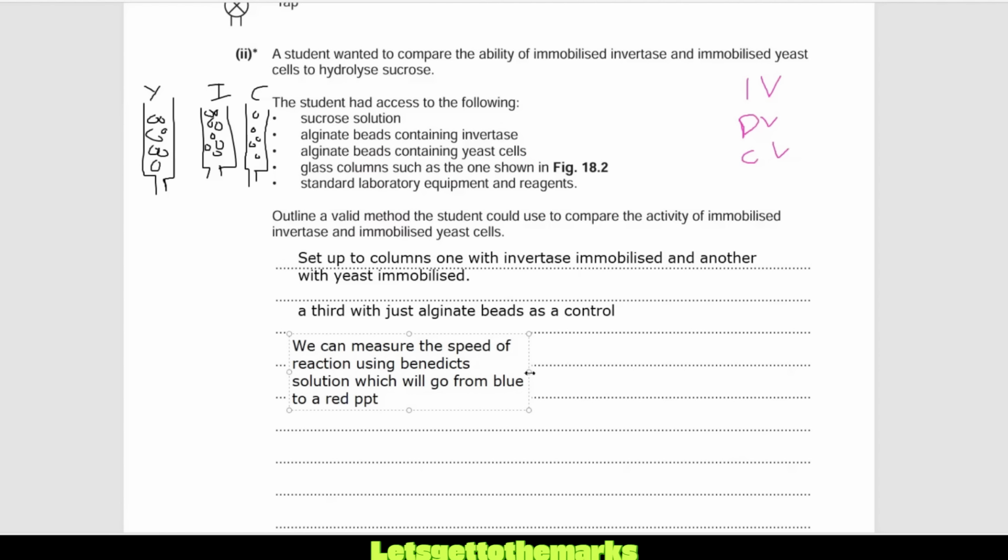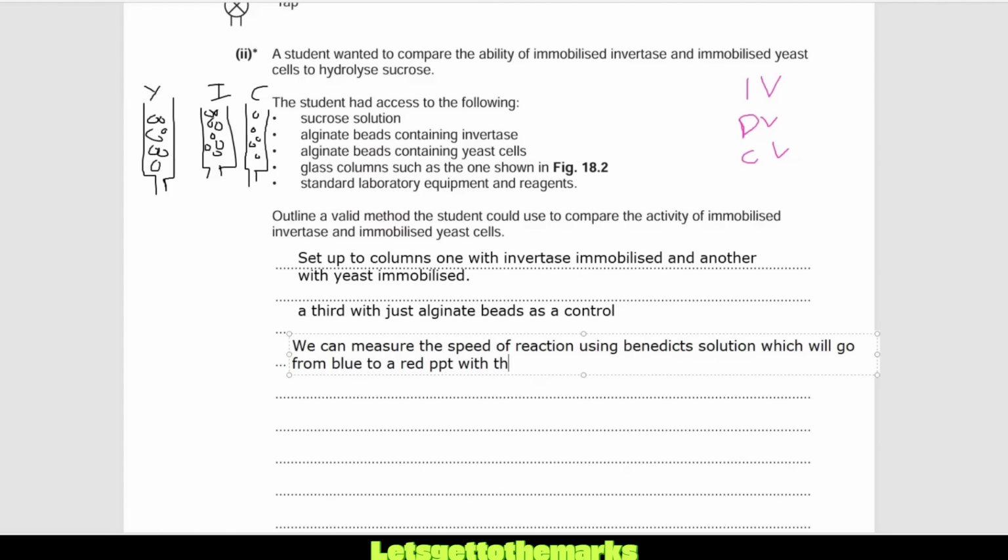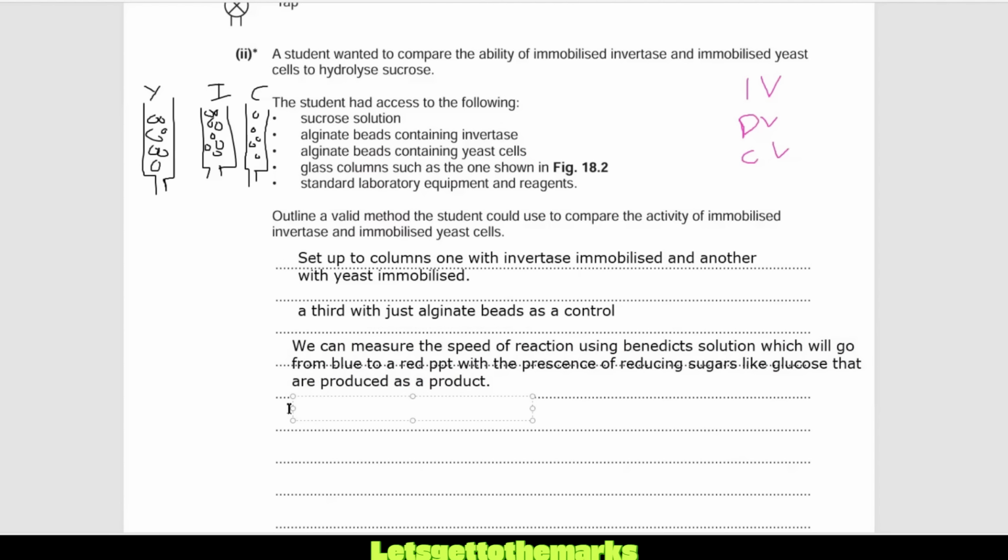With the presence of glucose, or with the presence of simple sugars, with the presence of reducing sugars like glucose that are produced as a product. So we can essentially measure the amount of glucose produced as a product when the sucrose is broken down by using Benedict's solution. And again, you could either use a known color chart of